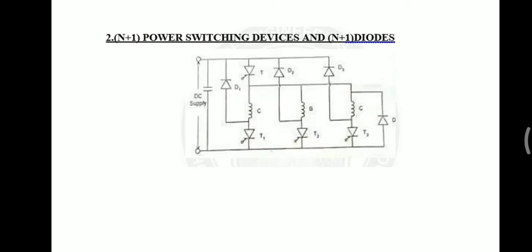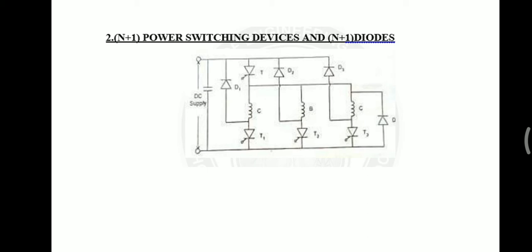Next one is the n plus 1 power semiconductor devices and n plus 1 diodes. You can see the diagram. The circuit makes use of a smaller number of power switching devices and diodes compared to the previous one. When the switching devices T and T1 are turned on, phase winding A is energized from the DC supply. When these devices are turned off, the stored energy in the phase winding is fed back to the mains through